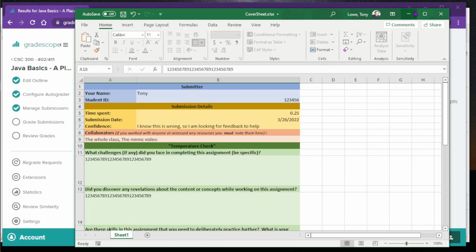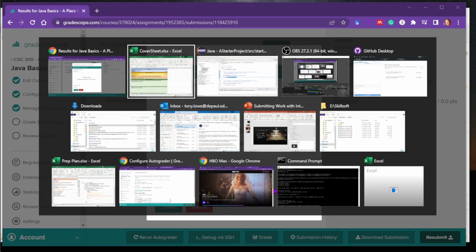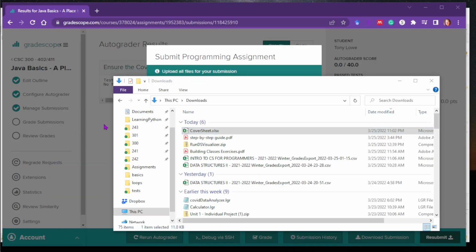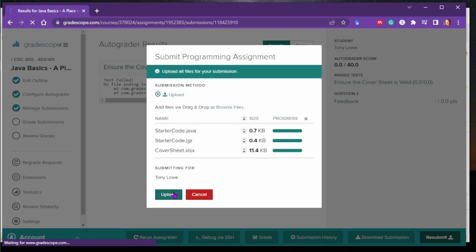So again, once you have this all together, save it, and notice if you don't have a cover sheet, nothing gets done. So I have to resubmit it all because I didn't do a cover sheet. So let me go back to my Eclipse, and I can drag those two over, and then I'm going to go to my cover sheet. I'm going to drag and drop that one over, and I'm going to upload that,